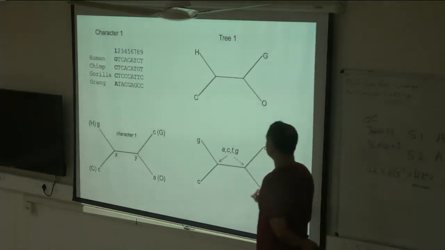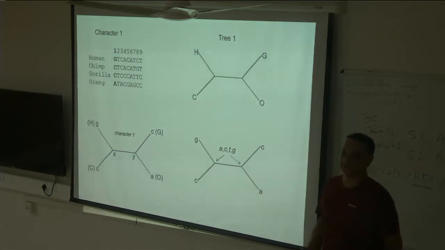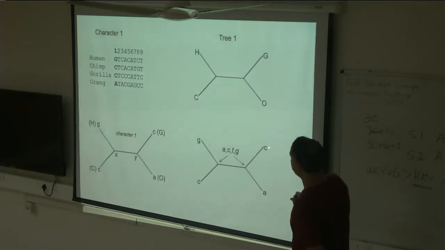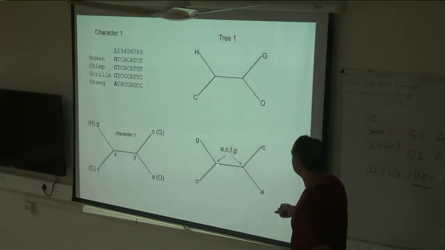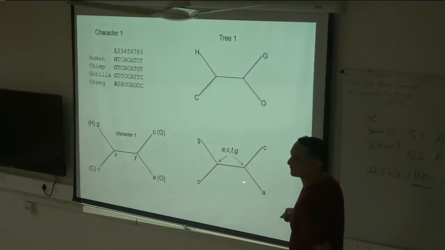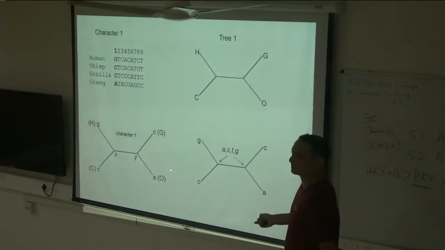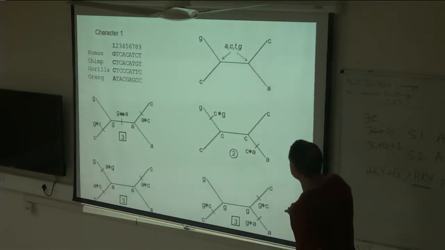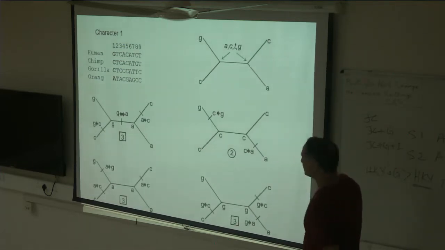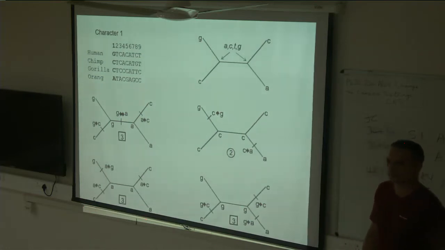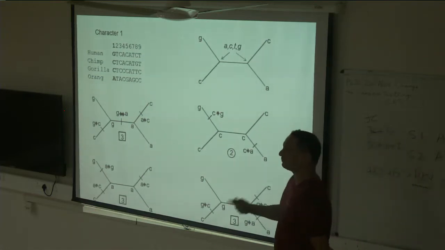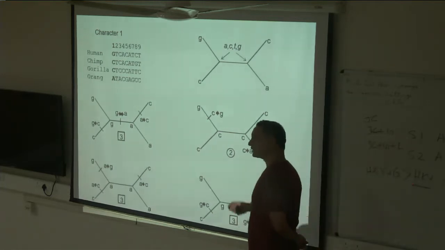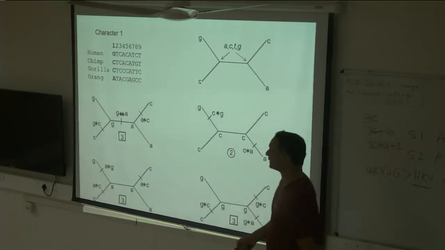C. C, yeah. Why did you say C? Yeah, it's present here, it's present here. If you put a C there and a C there, it would need two changes to explain the differences that you observe in this tree, right? So in fact, C is the right answer. You can go through and put in a lot of other bases, and you realize that all of them need more changes, right? So here we are using the principle of parsimony, so we want to reduce the number of changes.